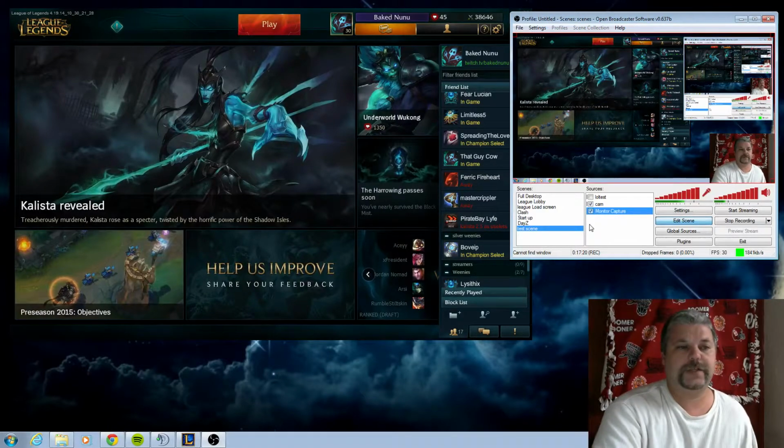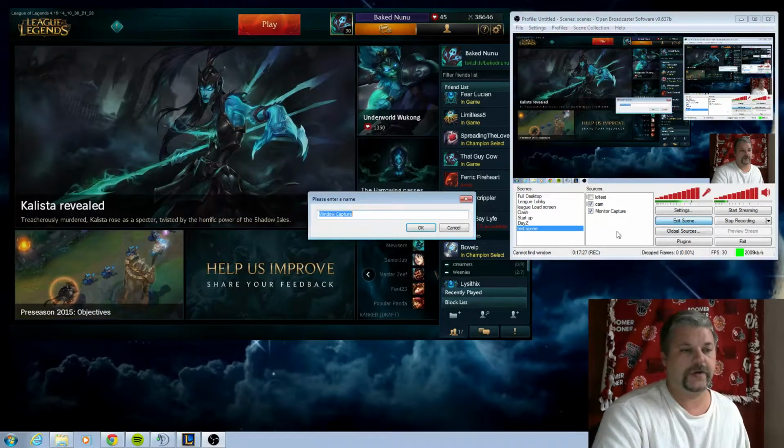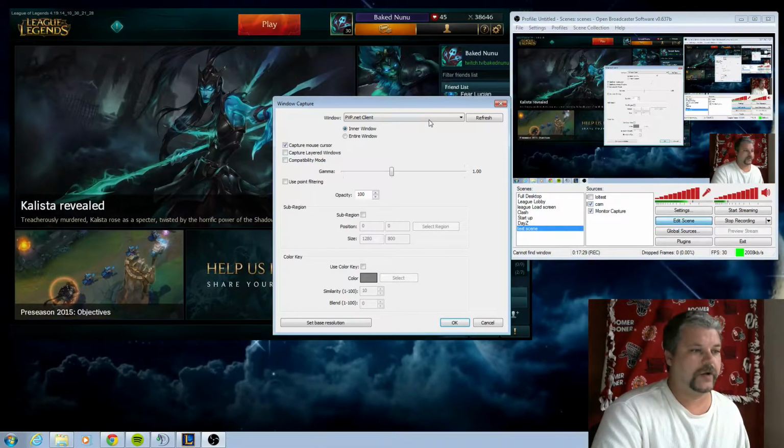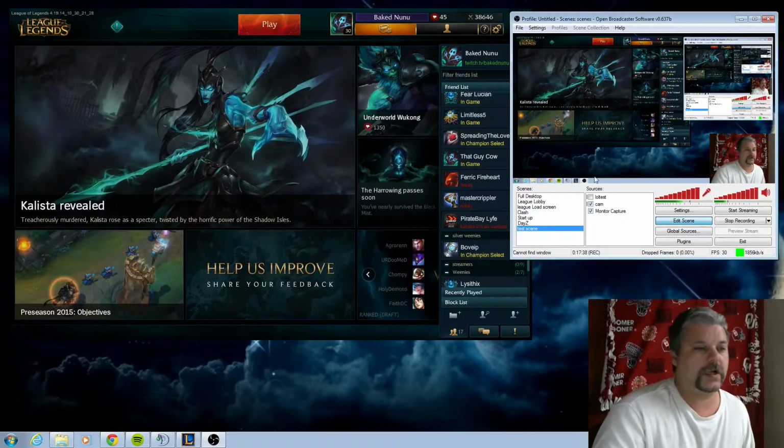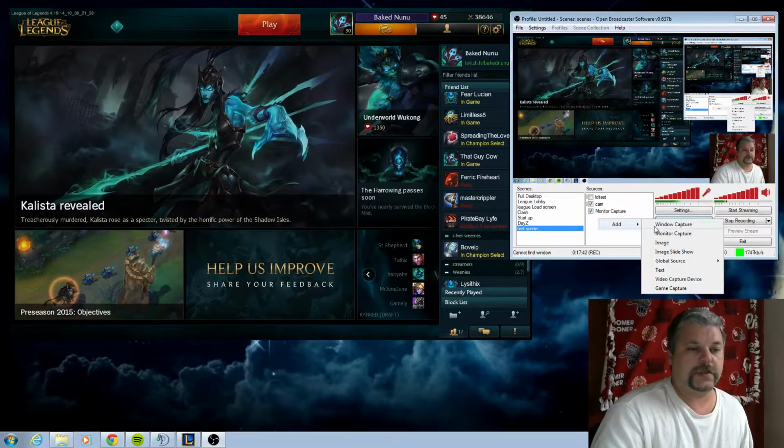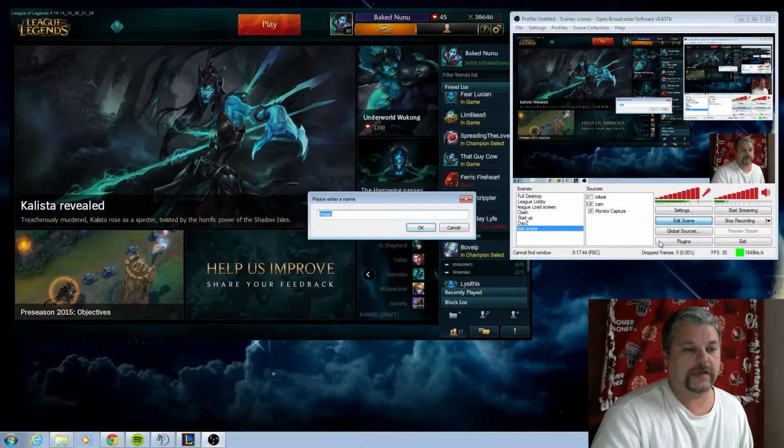If you got pictures and everything, and actually let me add window capture. We are going to capture the actual, it will not let me capture the actual OBS system. So I just have to kind of explain it as we're going here. But to add pictures, just right click on it, add image,